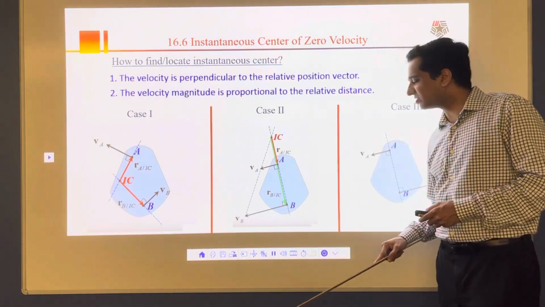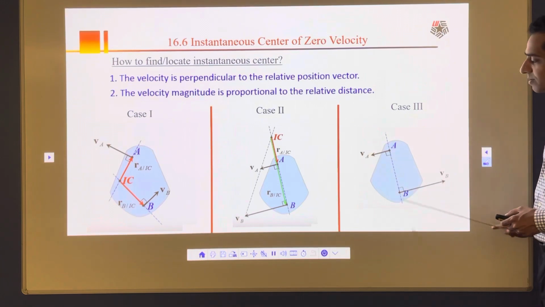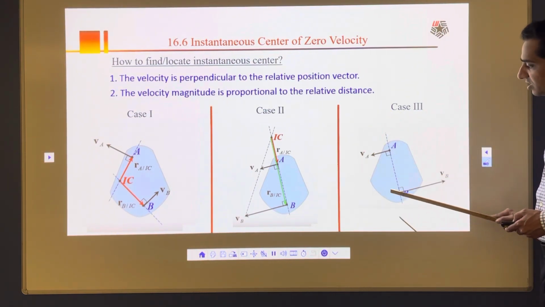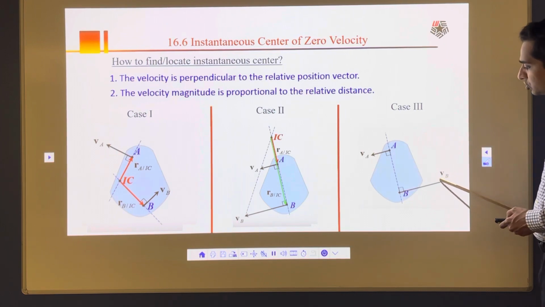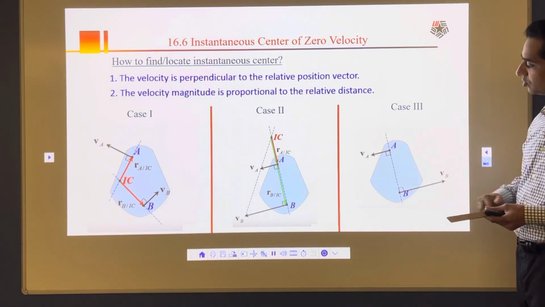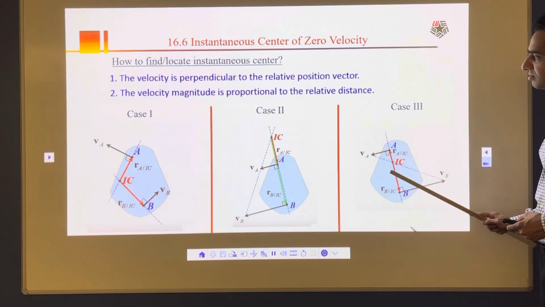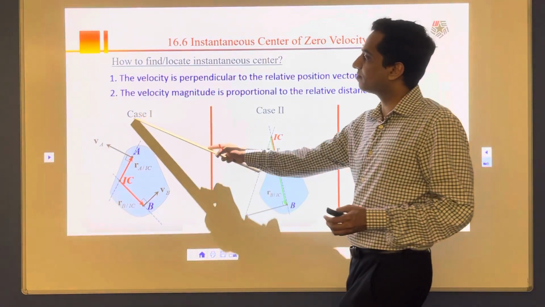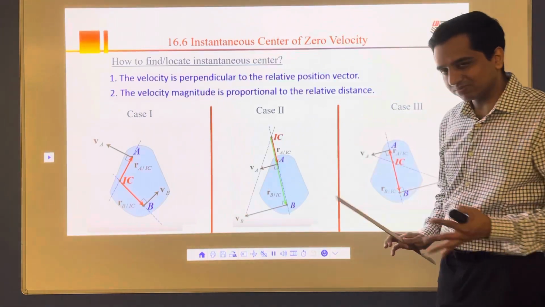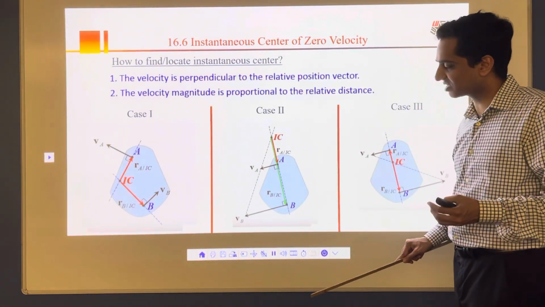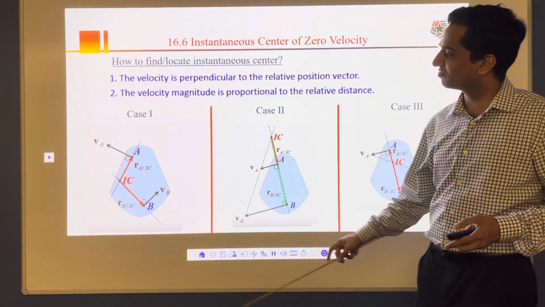And there is again a third rare case. In this case, velocities are parallel but in opposite directions. If that's the case, draw perpendiculars and join this point and this point. Wherever that line meets the perpendicular, that will be my instantaneous center of zero velocity, and that's the third case. The first case is very common. Cases 2 and 3 are rare, but they could happen. You could get parallel velocities, and if that's the case, you can still find the instantaneous